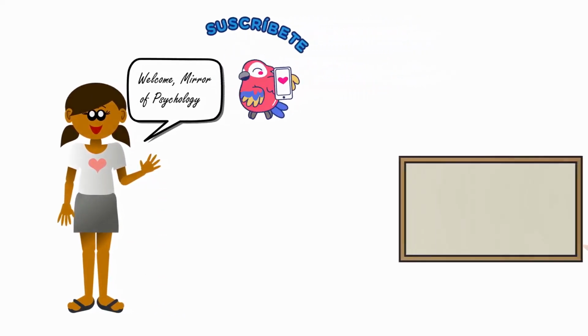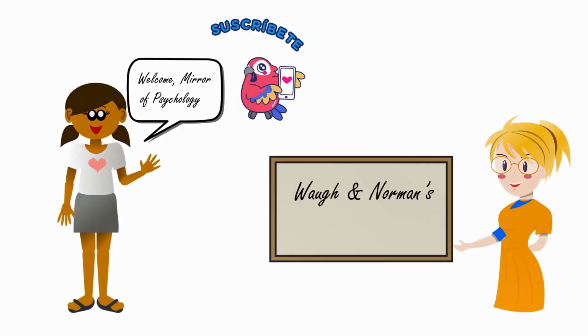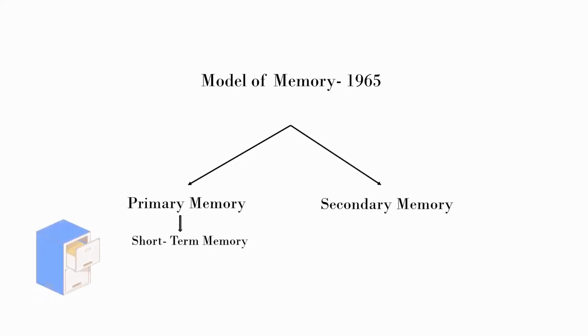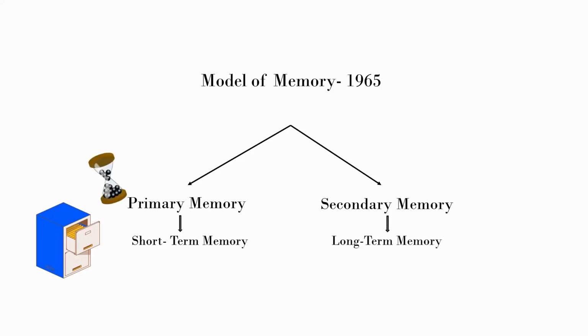In today's video, we are going to learn about Waugh and Norman's model of memory. Waugh and Norman's model of memory was developed in 1965. This model categorizes memory into two main types, primary memory and secondary memory. Primary memory is also known as short-term memory. It is like a filing cabinet. It has limited storage capacity and retains information for a short duration only. On the other hand, secondary memory, also known as long-term memory, has a vast capacity and can store information for